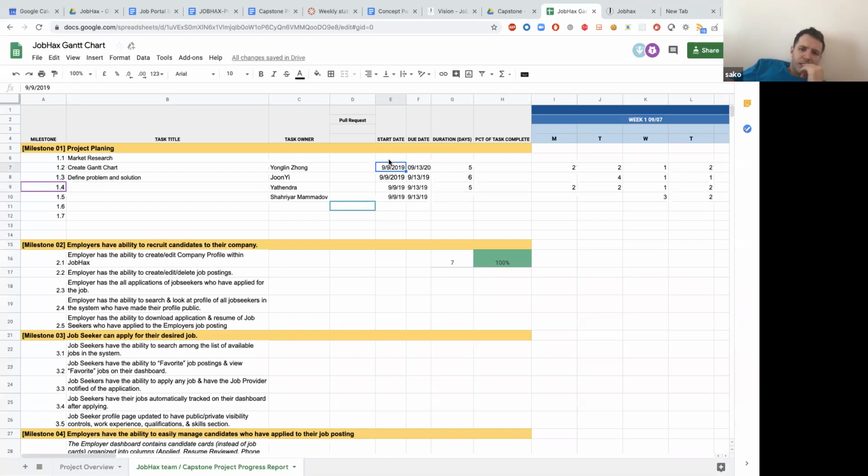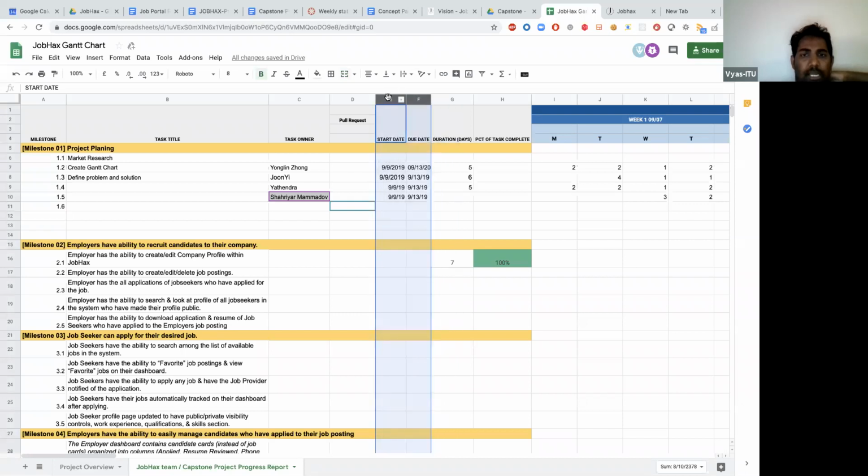Wait, that's the start date. And do we really need start date and end date here? I think we have the start and end dates per weekly column now. Or is it more for checking the project? Duration? At least somewhere we should.